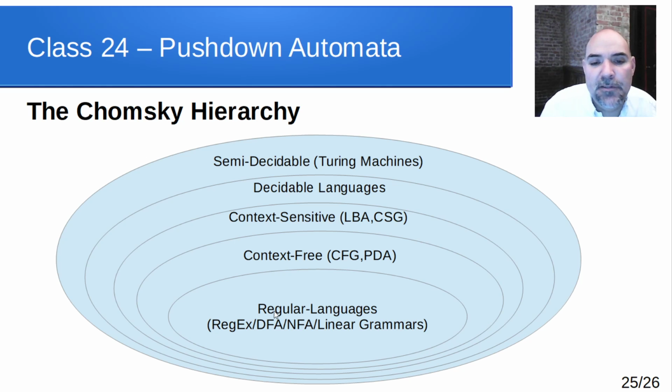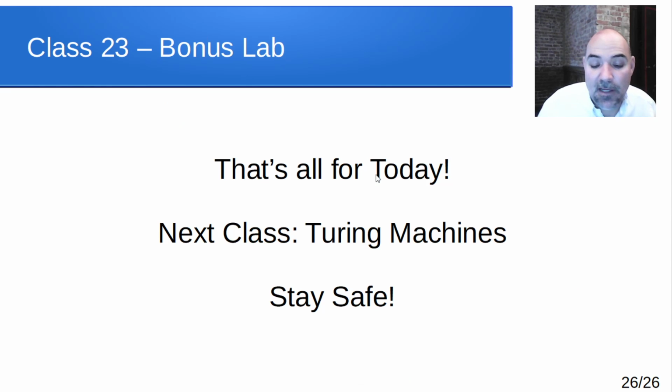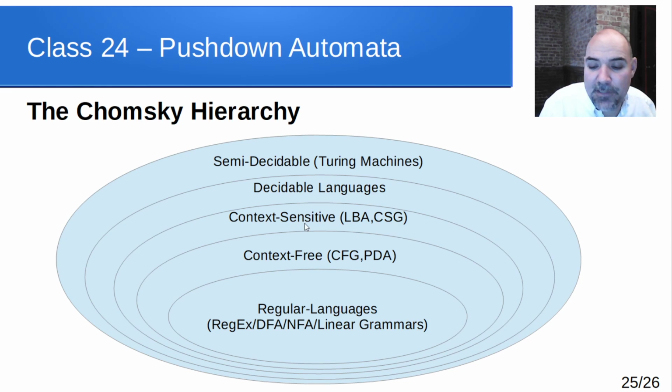But just notice that we can do a whole lot of things with this. Any programming language you've used, a compiler if you've used, those are generally inside of this context-free languages area here. There are context-sensitive programming languages in some cases, so they use stuff that's outside of that, out here in this context-sensitive area. But notice that any program you've ever written, any program you ever could write, is going to be inside of this Turing machine bubble. And you cannot get out of that. If you have a problem that is not in what Turing machines can do, you can't write a computer program to solve it. The problem is kind of untouchable by computer programs at that point.